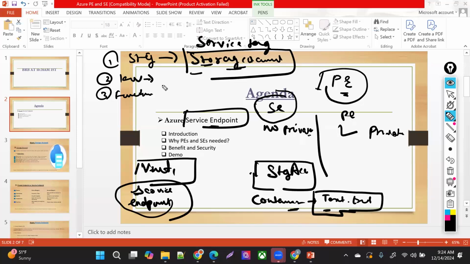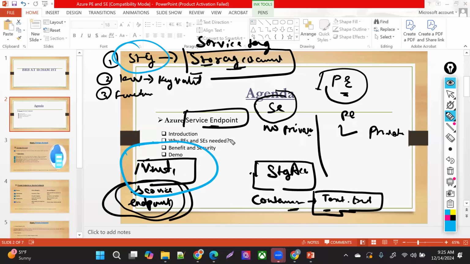Similarly, if a key vault is there, for example, you have the key vault tag. Select that key vault tag in that VNet for creating the service endpoint. You created that. Now the next thing you need to do is go inside the storage account, inside the networking section, and allow this VNet to access your storage account. I created the service endpoint, and now in the storage account's networking section I'm telling it: VNet one, allow this VNet one to access your storage account.